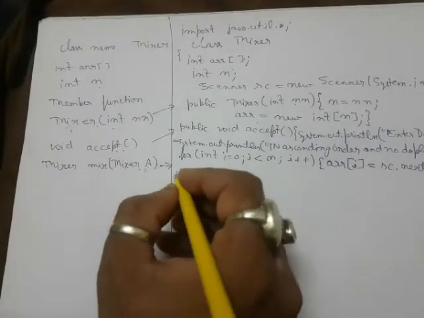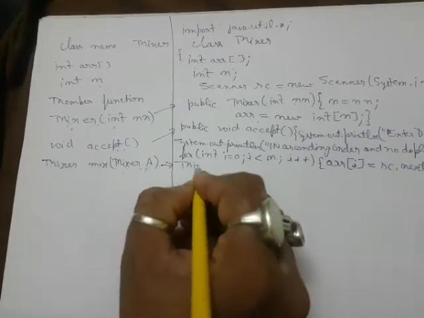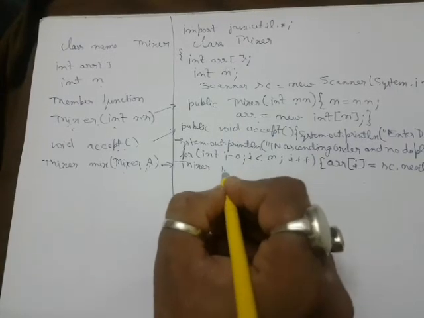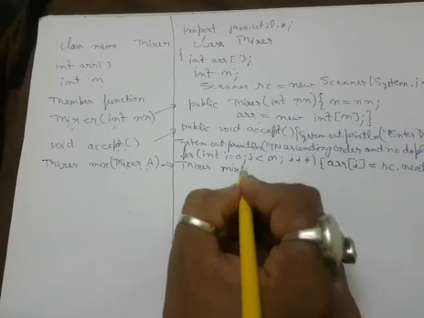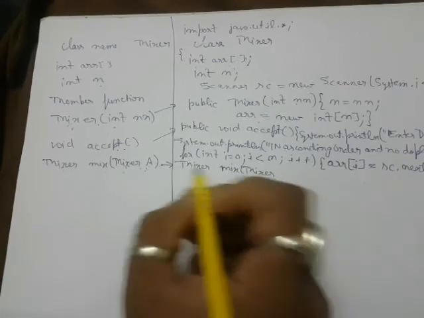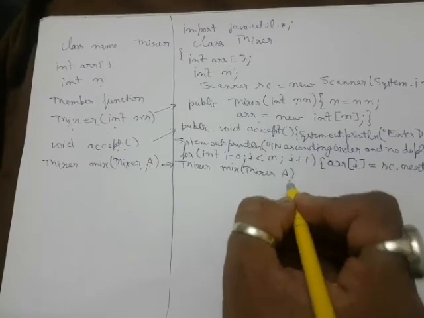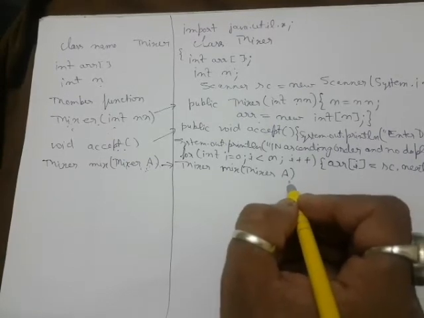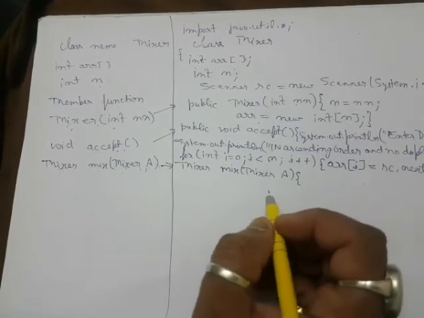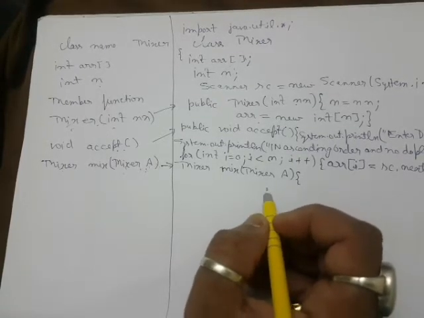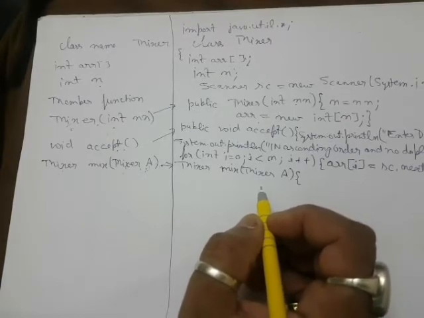Now I start doing this program here. This function mix. Then I write mix as it is, whatever is given here, I have written here. Same header. Whatever is in the question, I have written mixer, and then I have placed A. That's an object. Okay. Now I have to store the merged data into another array. So the data of two arrays is to be merged and stored in a third array. So I need the third array also.